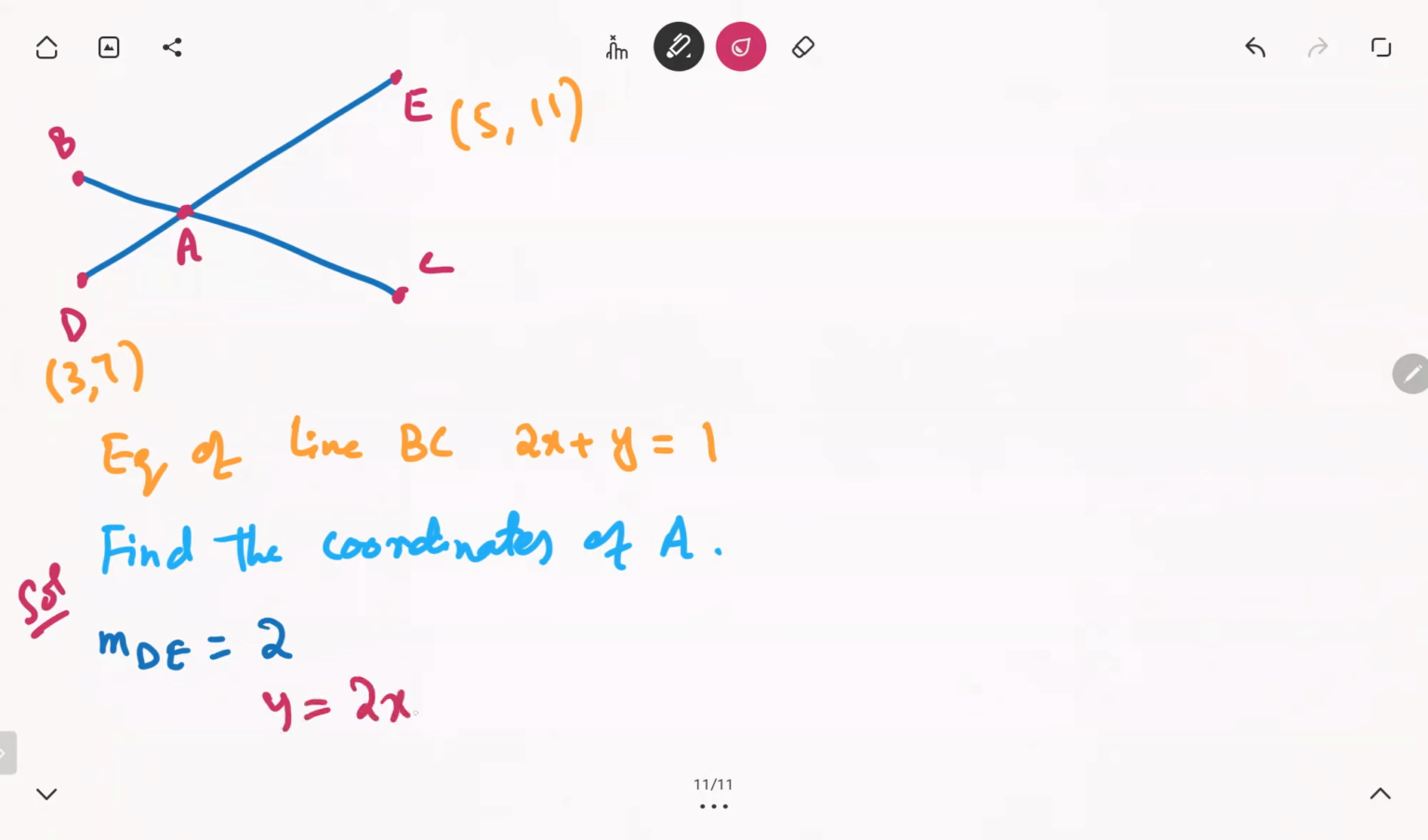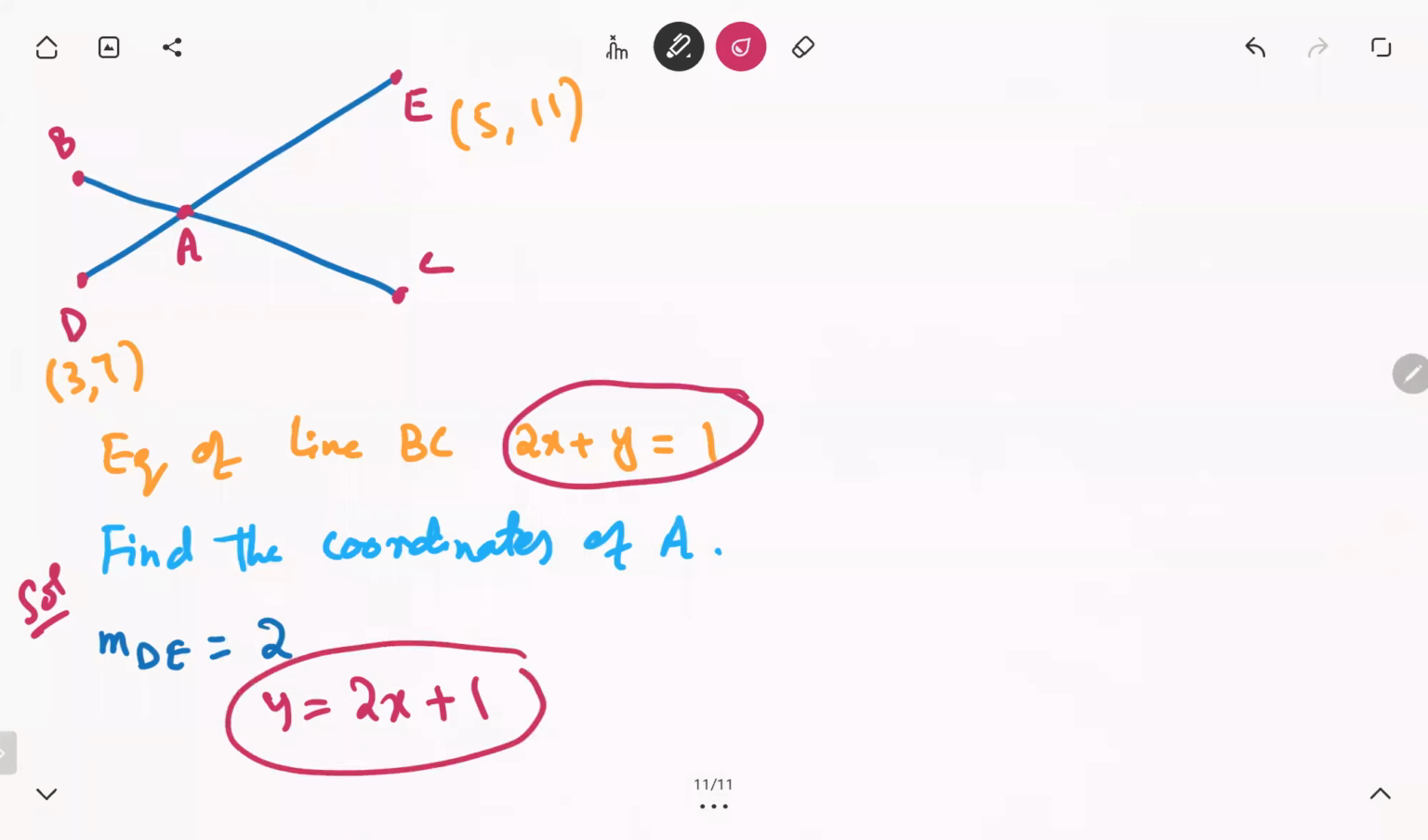y is equal to 2x plus 1. So once you have the equation of the line DE and the equation of the line BC, now you will solve them simultaneously. Simultaneously solve करने के आपने multiple methods किए हैं। आप में से अक्सर substitution method use करते हैं,